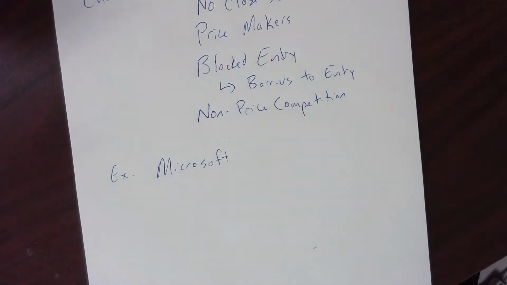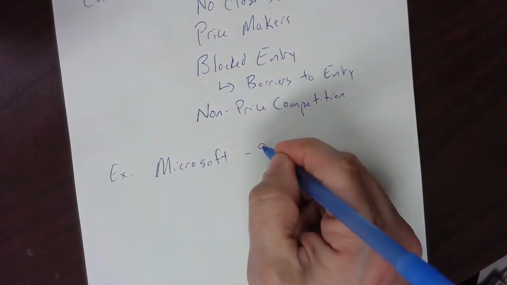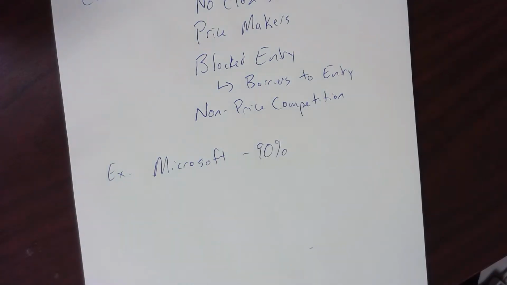Microsoft at one point actually had 90% of all new computers putting in Windows in order to function. And when they were taken to court, the judge simply said, yeah, we'll fine them, but we're not going to break them up and we're not going to punish them any more than that, because it's technology. If you don't like it, make something better. So that's kind of cool that Microsoft was found to be a monopolist, but was not punished for it.